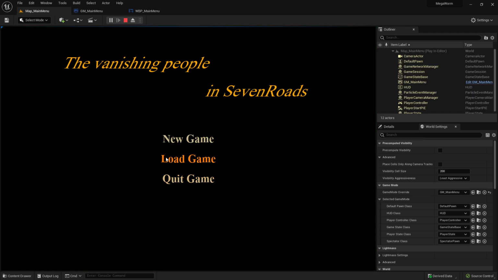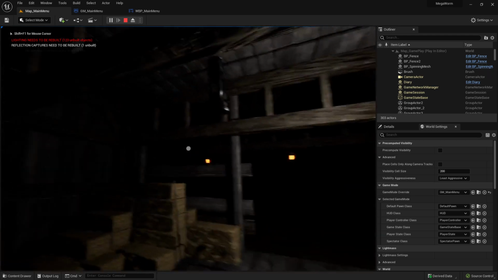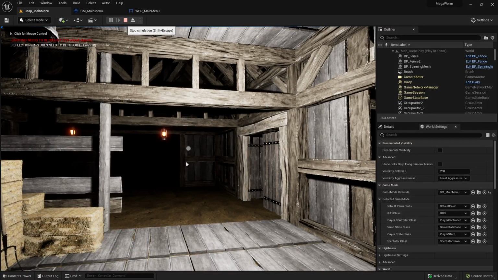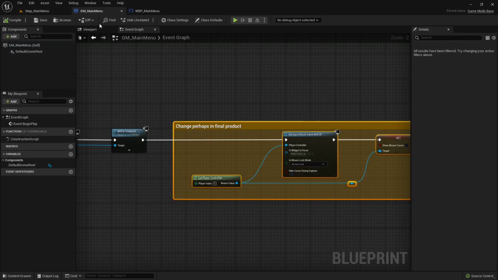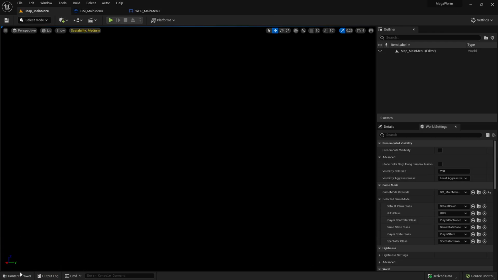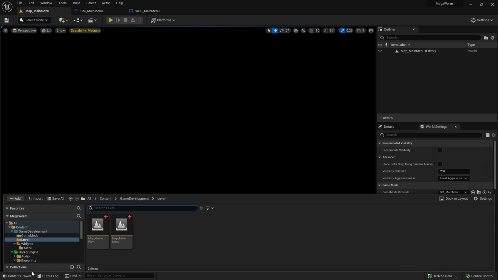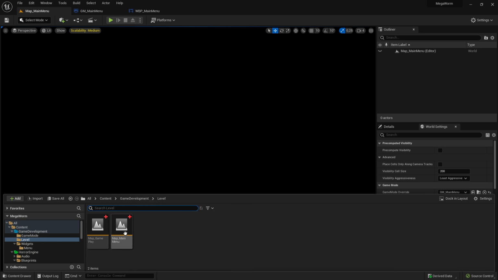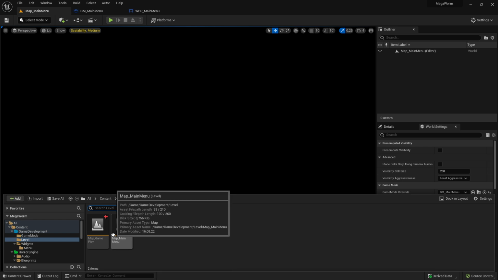So I press start here, and you can see this one. And when I press new game, we are almost finished. I press new game. You can see it is working. But the reason why it is working on my end is that I already set up the final place, because there is a problem. The second problem is now we have to set up the target